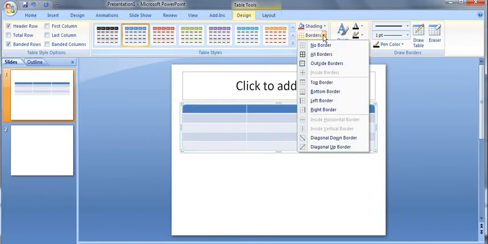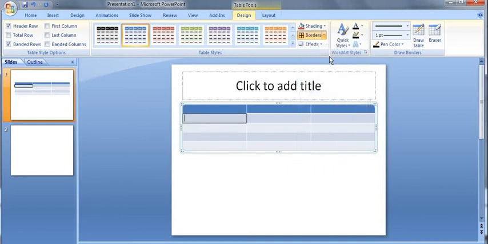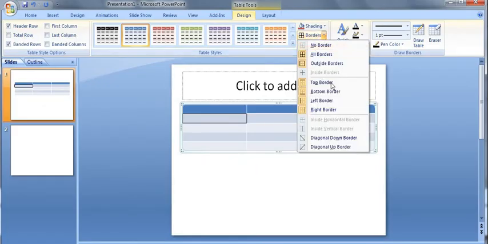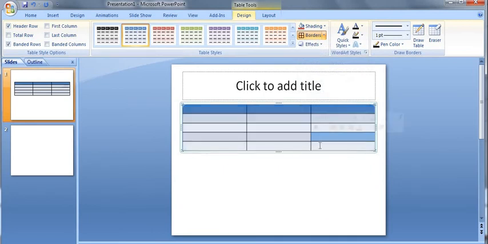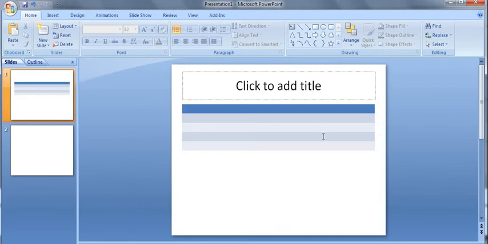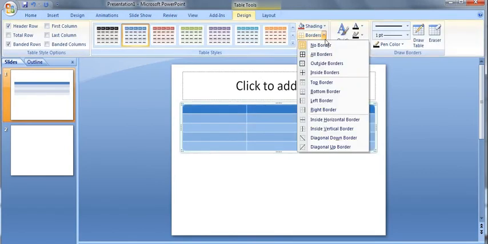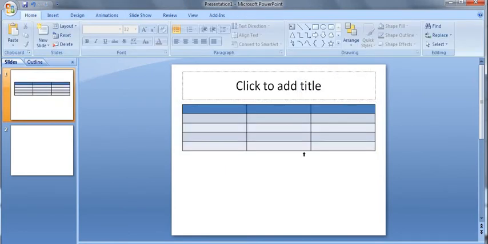See, if I click on this, All Borders, and if I want to change the color, what is the question exactly? How can you apply a border to a table and change its color? So from here, Outer Borders, All Borders, like this you can select. Suppose I have selected All Borders. If I select No Border, then no border is there, right? So like this you can do. Top border, left border, every option is there. So this is All Borders.